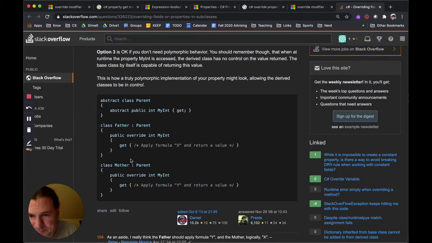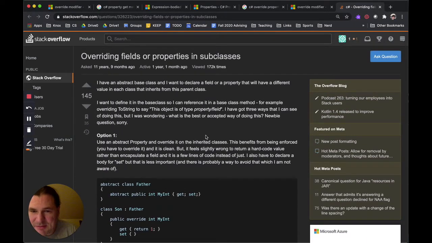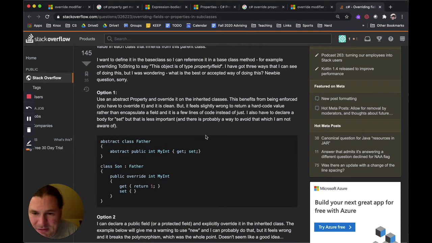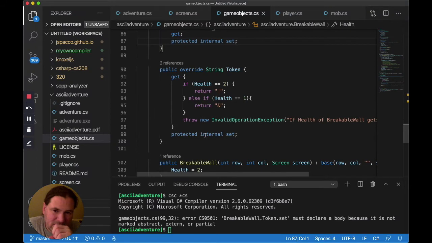Get, apply, and so on. All right. What are they asking? I have an abstract. This is more complicated than I want. I just want to know the mechanics of doing it. It's not abstract, it's virtual, which means I can override it. Set. Well, how about